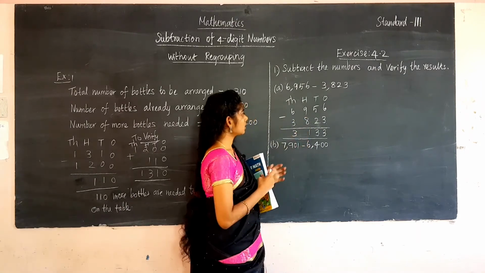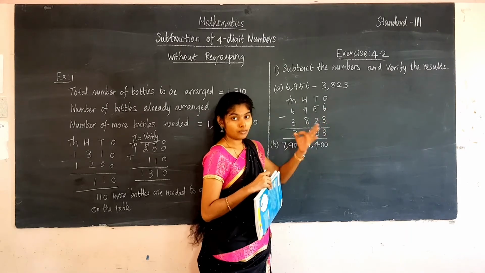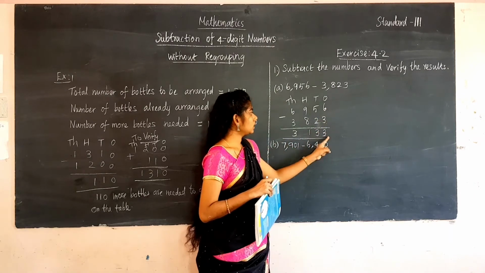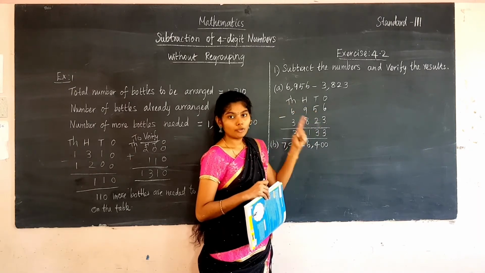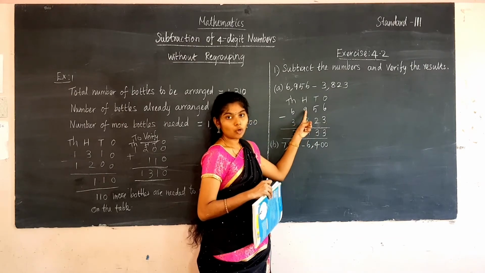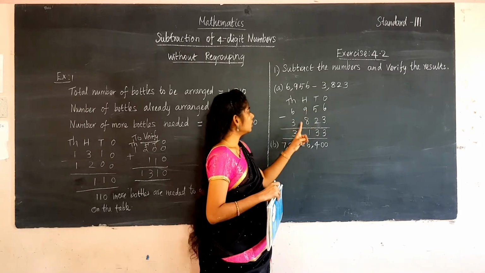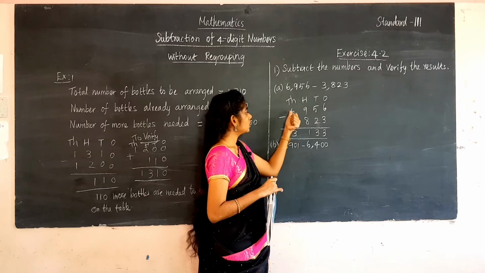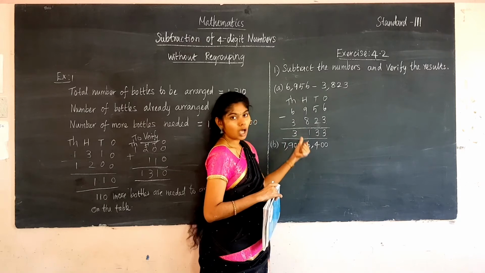You have to subtract mentally. So 6 should be in the mind and 3 in the fingers. You have to count the numbers before 6, which are 5, 4, 3. So you write 3. And 5 in the mind, 2 in the fingers. Counting before 5 is 4, 3. So you write 3. And 9 in the mind and 8 in the fingers. Counting before 9: 8, 7, 6, 5, 4, 3, 2, 1. So you write 1. Here 6 in the mind, 3 in the fingers. Before 6 is 5, 4, 3. So write 3. This is how I have done it mentally.